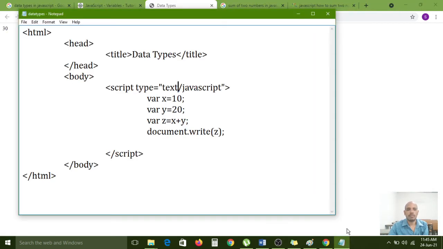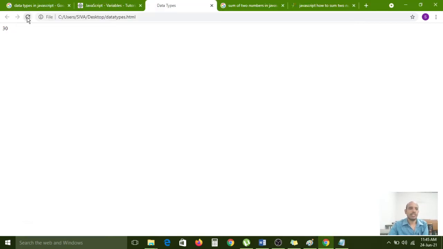Yeah, the 30 value is showing. Here you can also write your string, the sum of the x and y values, plus, right? Now I am refreshing the page.